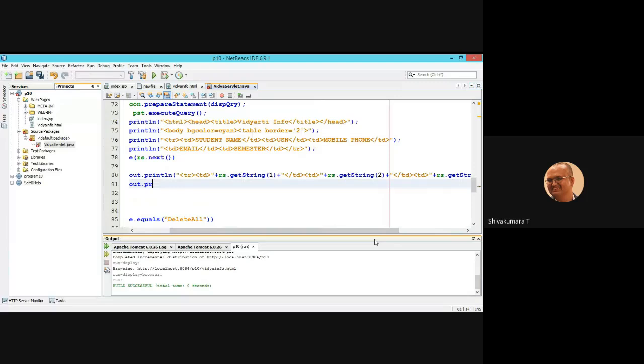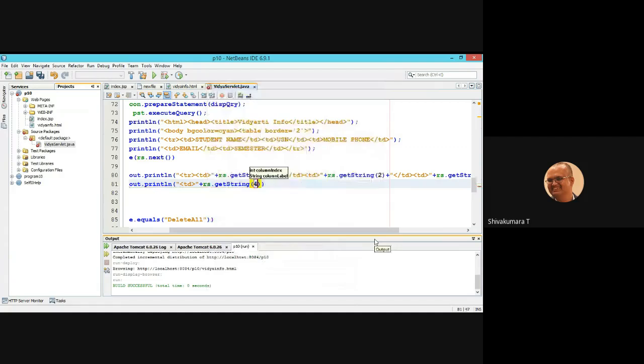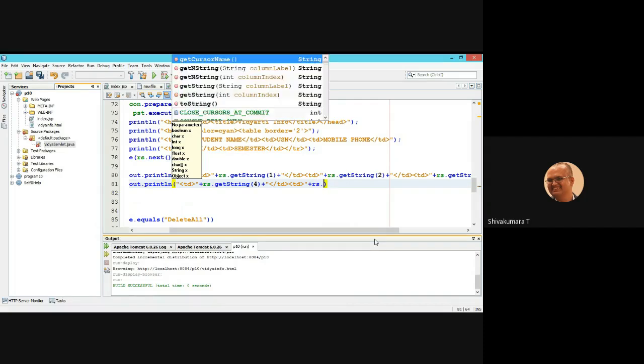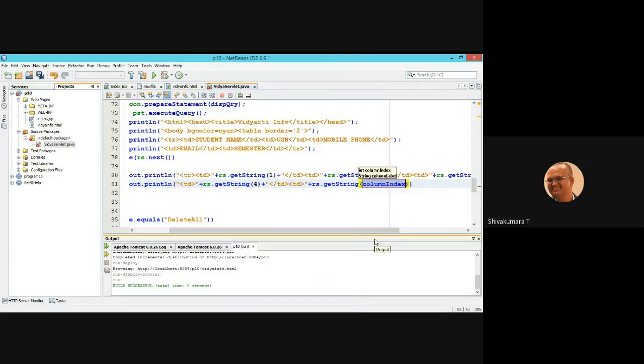Then out dot println, td, records result set dot getString, the fourth is email ID, closing td, opening td. The fifth one is getString column index.